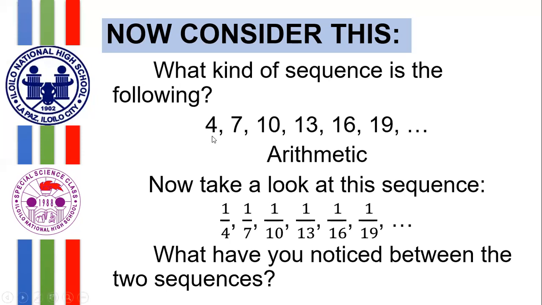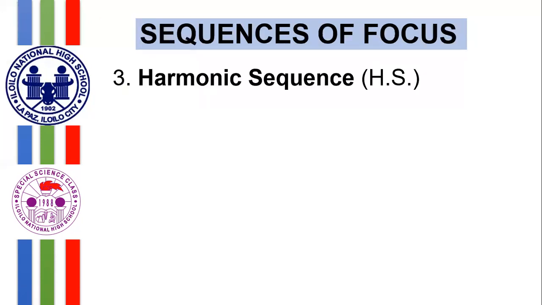I took each term of this arithmetic sequence and took its reciprocal. And remember this: if you have an arithmetic sequence and you form another sequence by taking the reciprocal of its terms, then the new sequence you produce is what we call a harmonic